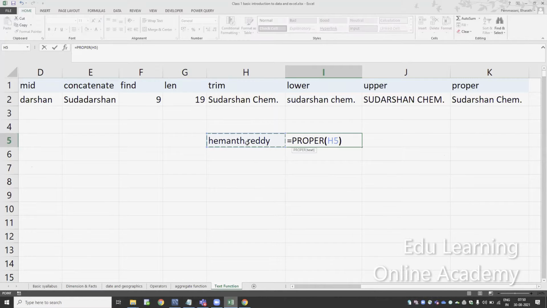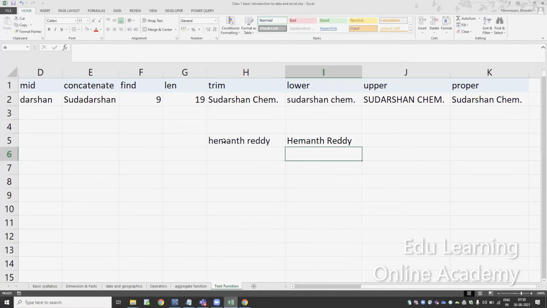Select this one. It will automatically assign the H and R as capital letters, in the proper function. But similarly, if we go for the upper function,